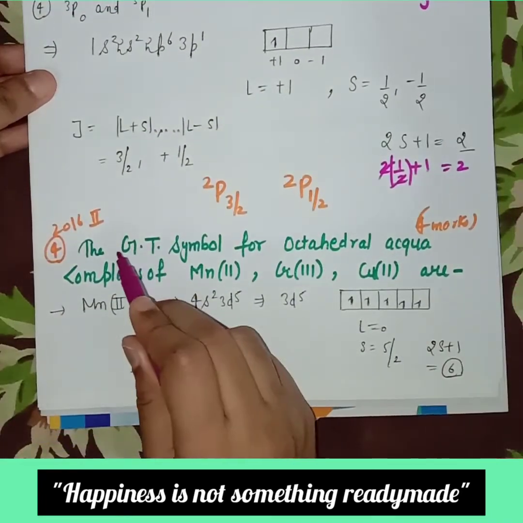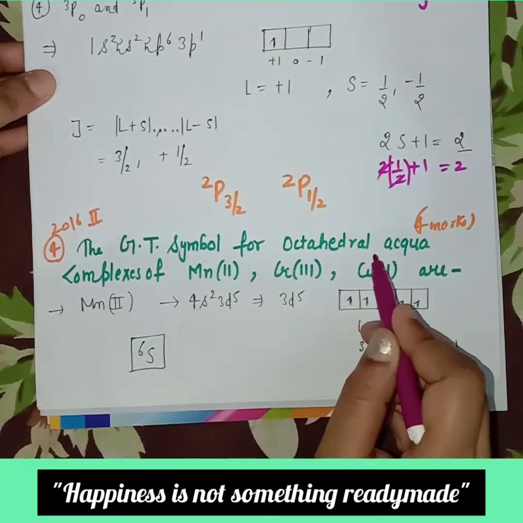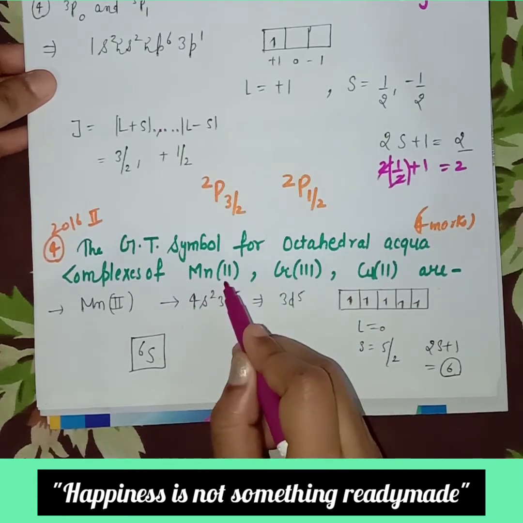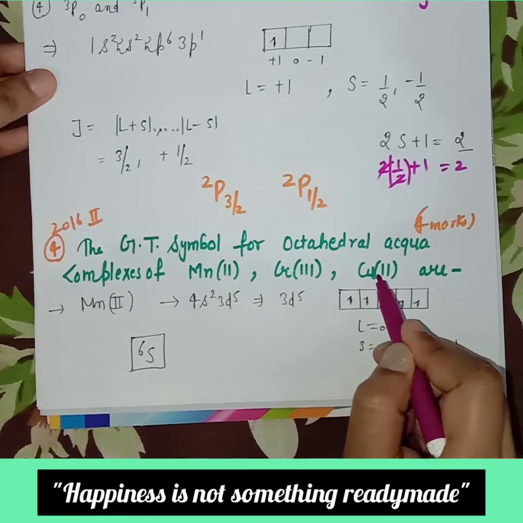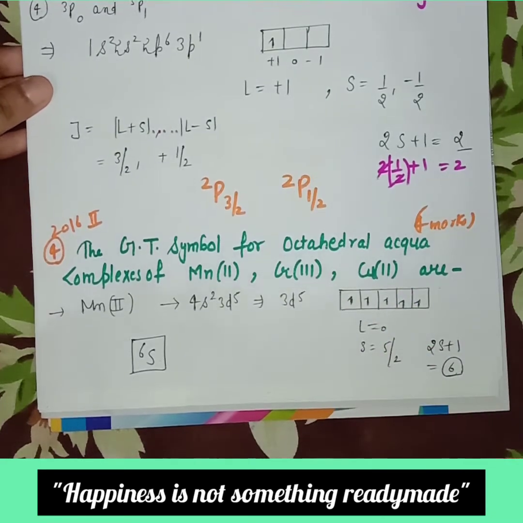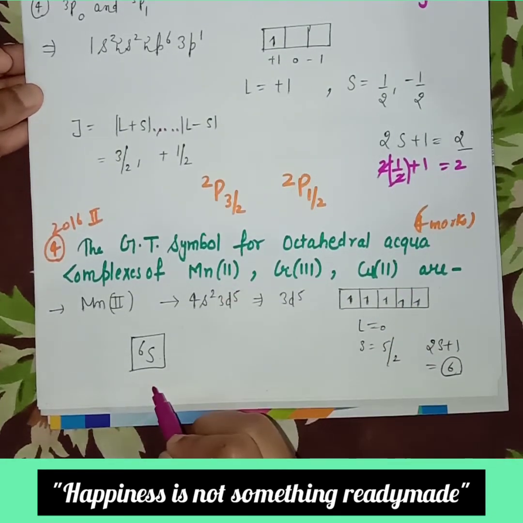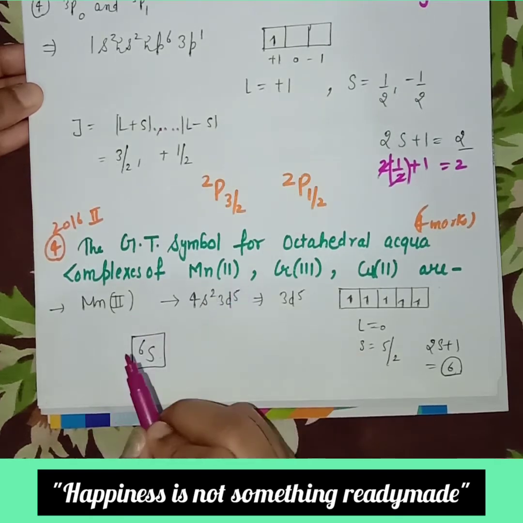Next, the ground state symbol for octahedral aqua complexes of manganese 2 positive, chromium 3 positive and copper 2 positive are. We have to find the ground states of all three. Firstly for manganese 2 positive we have